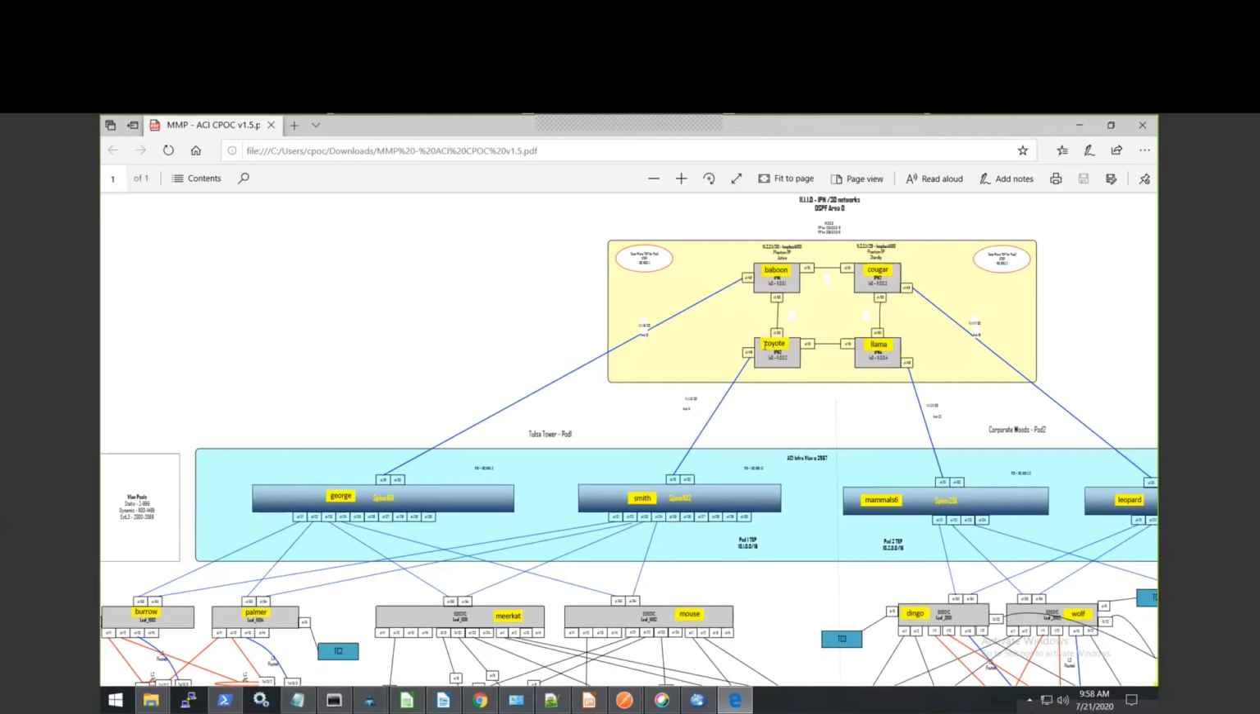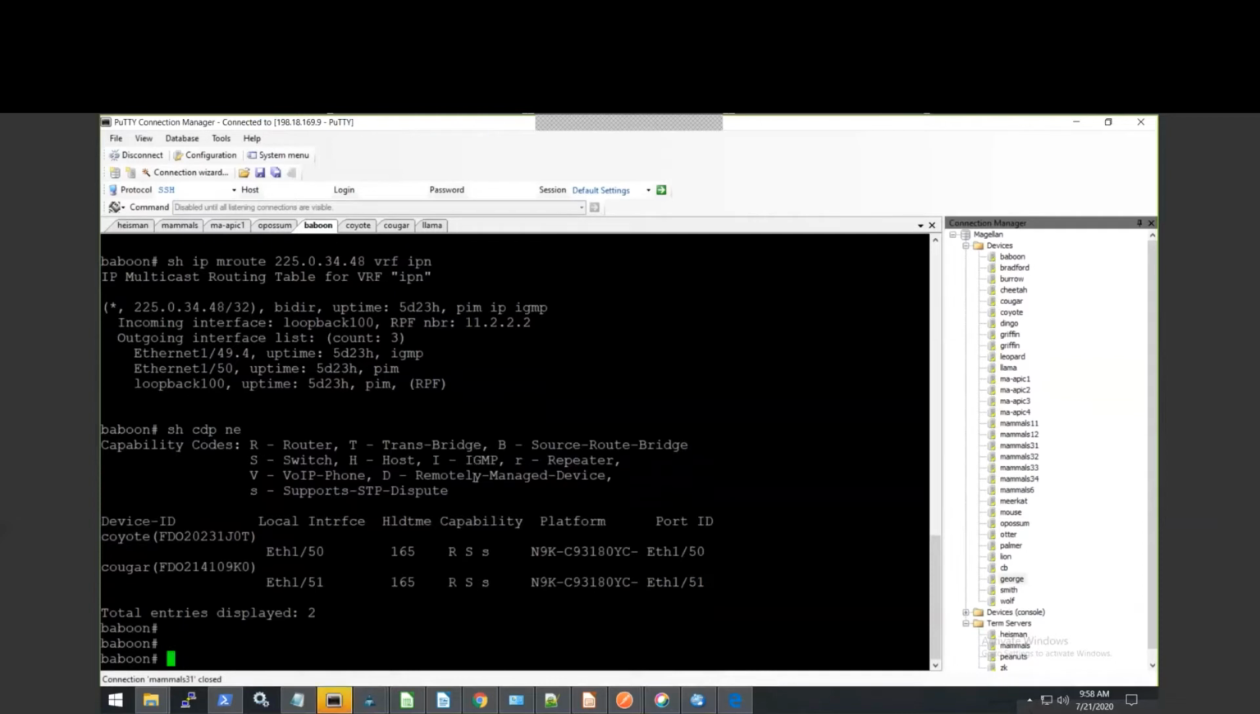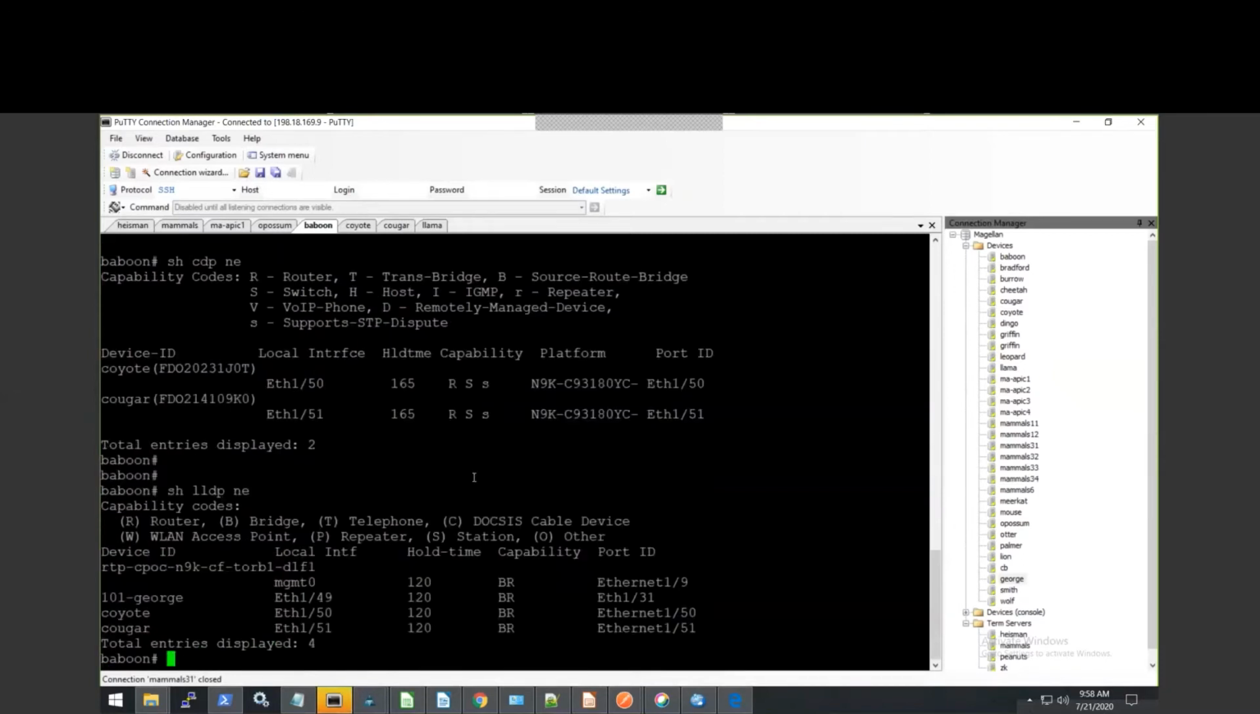So let me show you from the configuration. Let me telnet to one of these boxes, go to Baboon and show you the config. Show run. Let me show you first the OSPF configuration. We need to run OSPF from the IPN routers to the spines. So show run, show LLDP neighbor, show run interface,